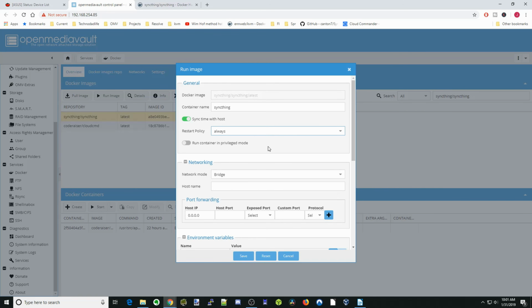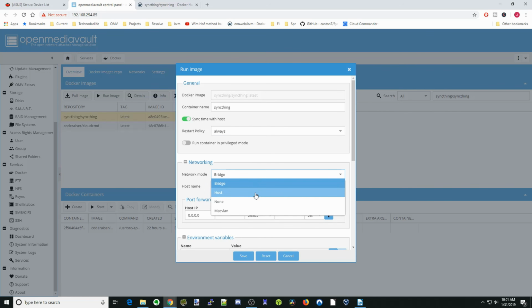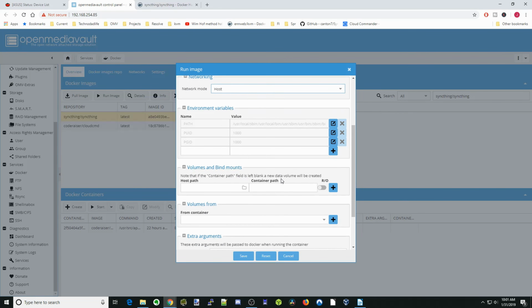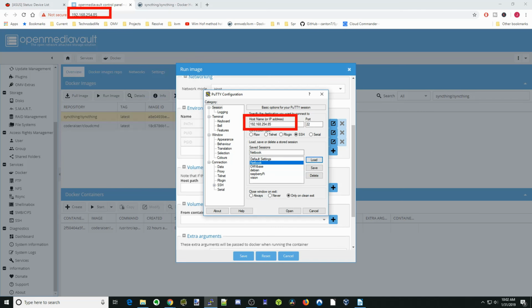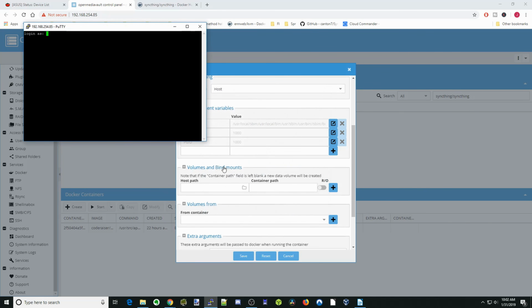Type in Syncthing. Restart policy as always. We're going to put this in host mode. Next we're going to find out what our PUID and our PGID are. So we're going to click on PuTTY, copy our IP address, and put that in PuTTY here. Then we're going to click Open. You might get a window that asks for permission. Just click Accept and then log in as root